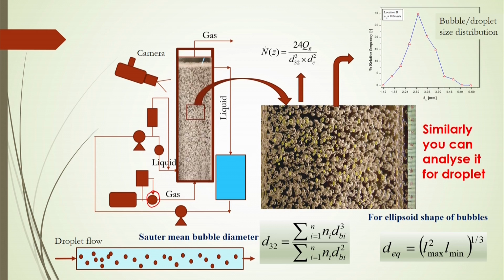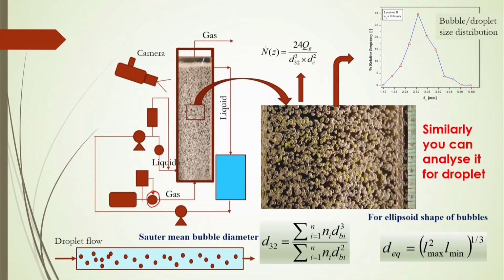Now, there are some hydrodynamic characteristics that you have to study for this. We have already discussed what the hold up of this gas or carbon dioxide gas should be. That is one of the important hydrodynamic characteristics, because hold up will give you the interfacial area. The specific interfacial area is related to the hold up of the gas, and the more the hold up of the gas, you can expect more interfacial area, more mass transfer and more absorption there.